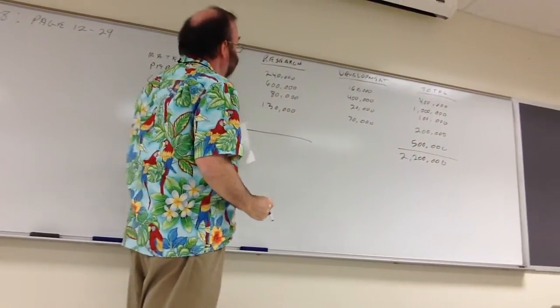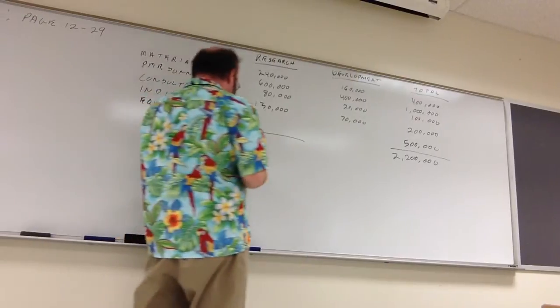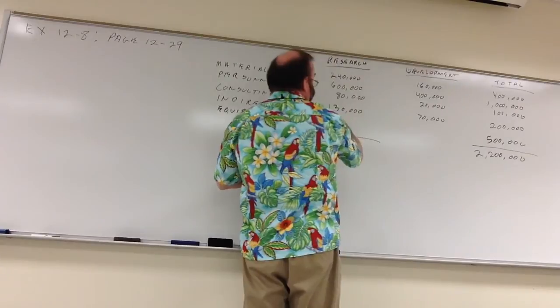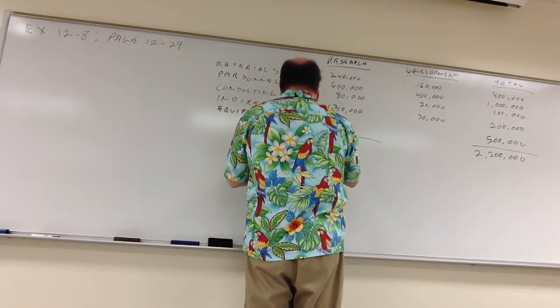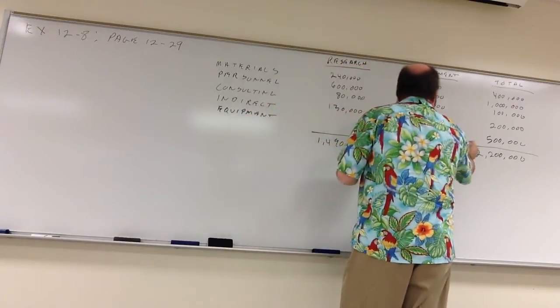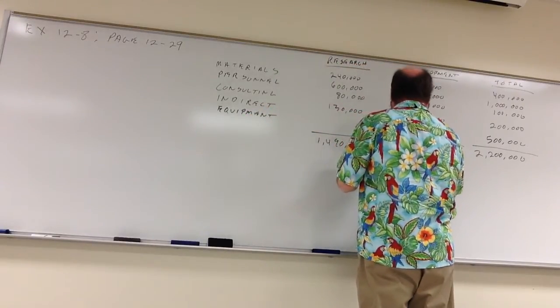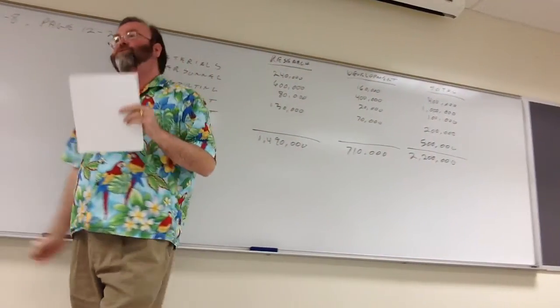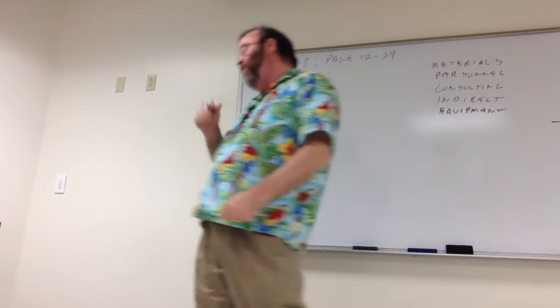The research phase of it under IFRS would be expensed, and so if you include the 500 here also, you wind up with $1,490,000, and they would then capitalize $710,000. Yep. If a fixed asset, a long-term fixed asset, has an alternative use. So in other words, you're buying this piece of equipment